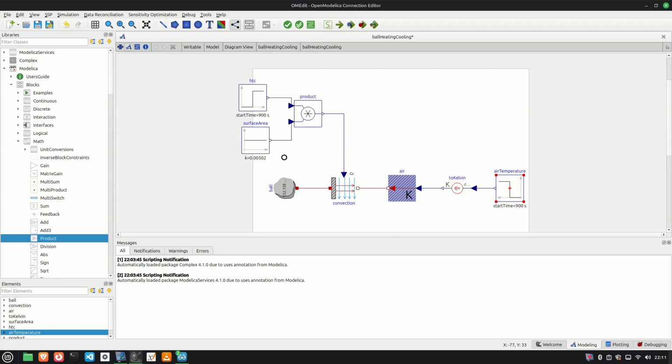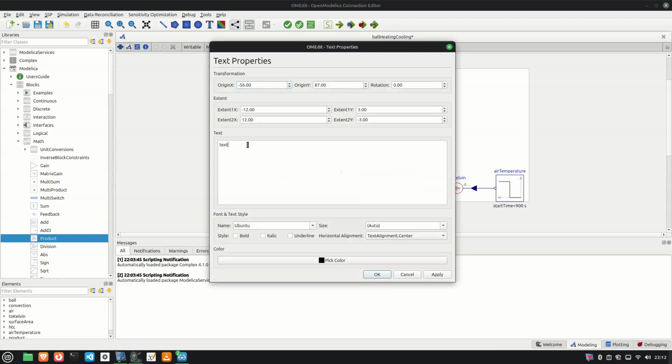Now, if you want to keep it more cleaner, you can use the fit to diagram button here to reassign your frame so that all your components are well captured within the frame. Now, another convenient method in OpenModelica is the text annotation. So you can click here, it will generate a text. You can scale it up and down depending on your requirement. You can type that